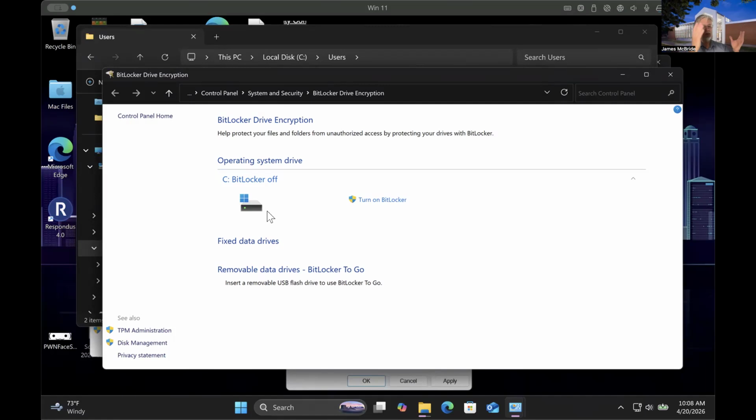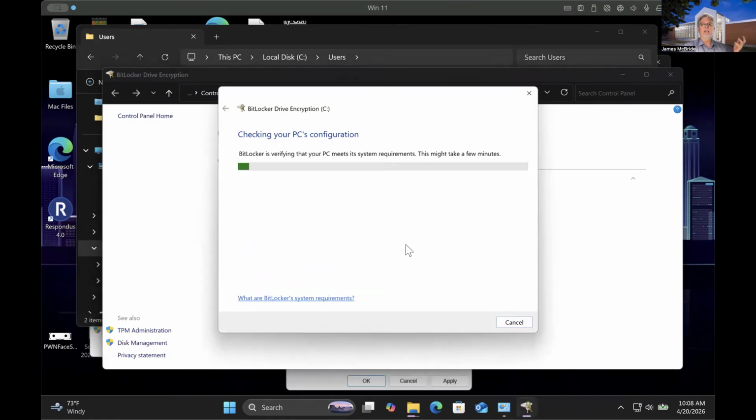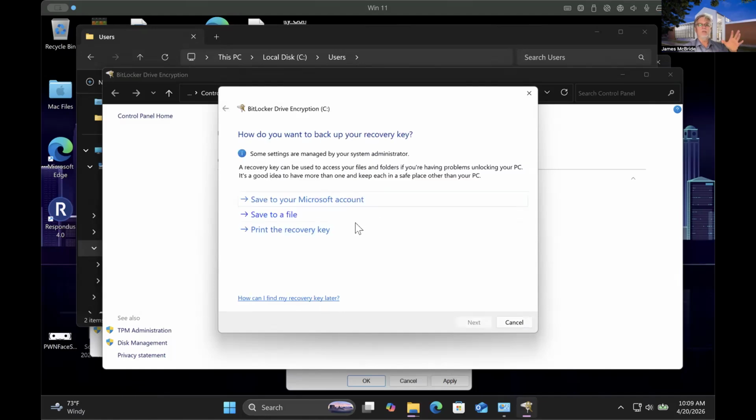And we're going to talk about what the uses for these are. There's actually TPM administration right here. So in order to turn it on, I would need to say, I want to turn this on. Basically at that point, this is just checking. Let's make sure TPM 2.0 is there. That's what this is doing. And then it comes up and says, okay, look,